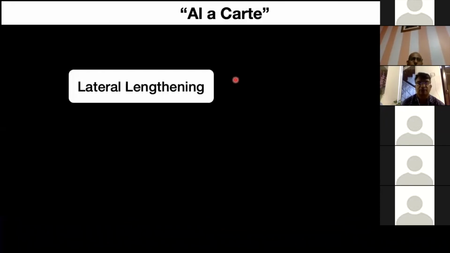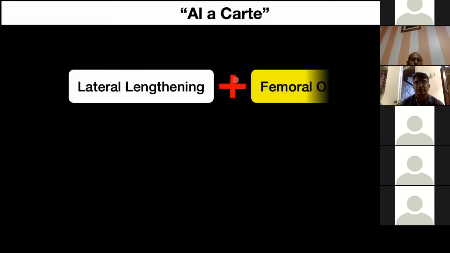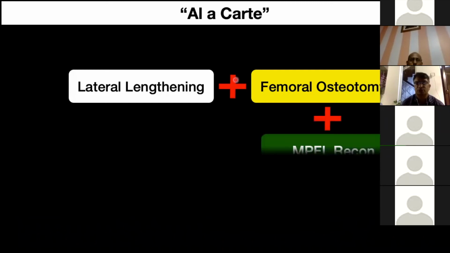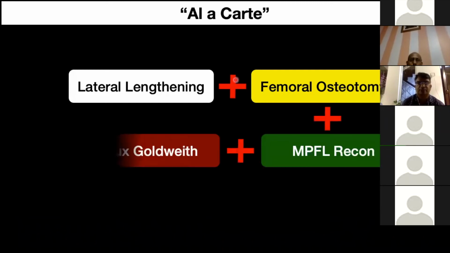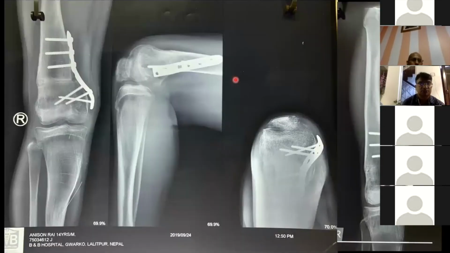So the plan for this patient, since it was a persistently laterally dislocated patella, was lateral lengthening. The patient had an internal rotation as well as valgus. So we decided to do a femoral osteotomy. Then we did an MPFL reconstruction, followed by the Roux-Goldthwait procedure, which is a medialization of the lateral part of the patellar tendon. So this was the patient. I do not have his intraoperative pictures, but this was the patient after 1